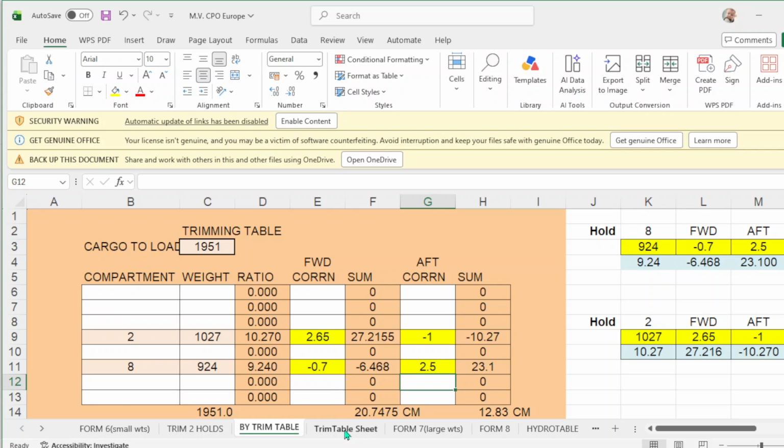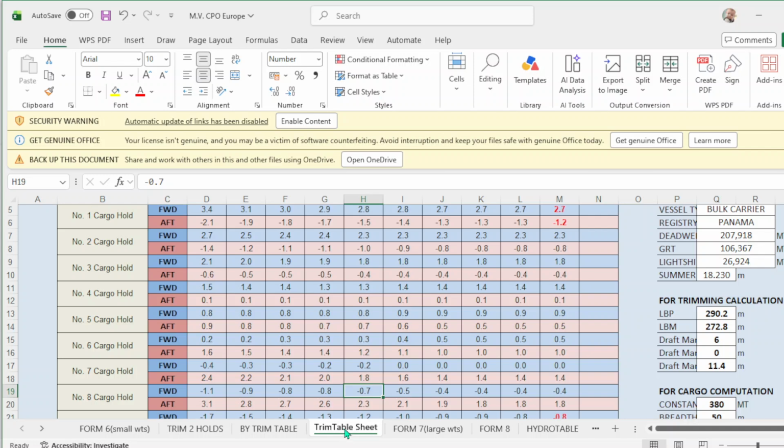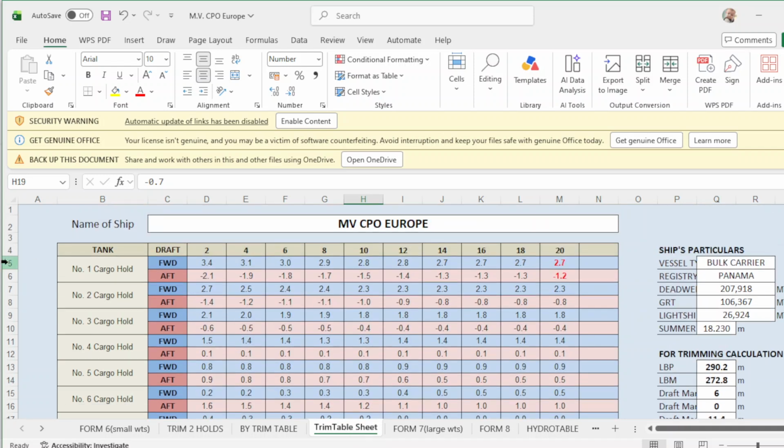So you go to the trim table sheet, this is the name of the vessel. Okay. So you go to hold number 2 and look for the nearest drop. So your departure drop is 10.70, so I would say this one. Hold number 2, this one.